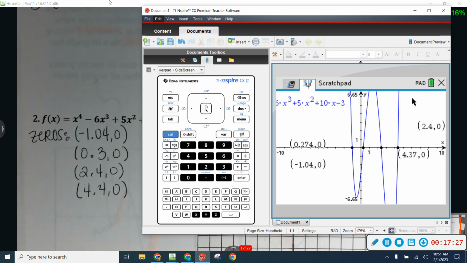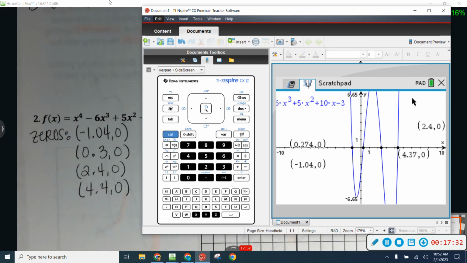You're all comfortable finding zeros in your calculator. Okay. So then once I do that,